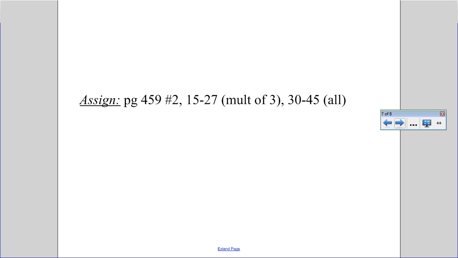All right. Here's your assignment, ladies and gentlemen. You're doing number 2. You are then doing numbers 15 through 27 multiples of 3. So 15, 18, 21, 24, 27. And then 30 through 45 all